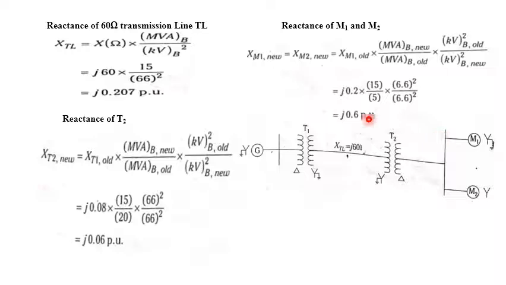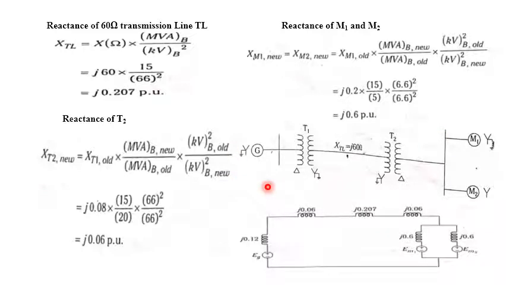So this is the single line diagram. How do we need to represent the one line diagram? For the generator, it is reactance and the source of EMF. For the transformer, just reactance. For the transmission line, it is just the reactance. And for the transformer, it is just the reactance. How is the motor connected? The motors are connected in parallel through a common ground. This is your reference. So substitute all these for the generator, transformer T1, transmission line, transformer T2, motor 1 and motor 2, and there is a source of EMF, that is E_m1 for motor 1 and E_m2 for motor 2.